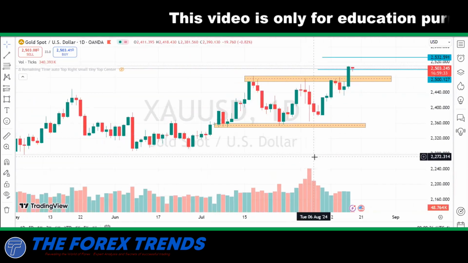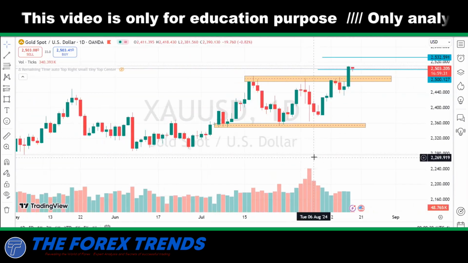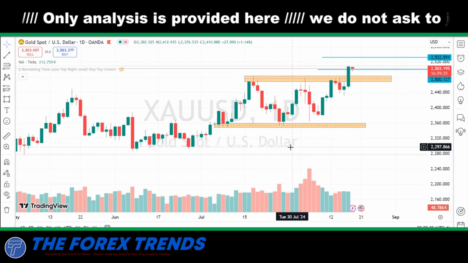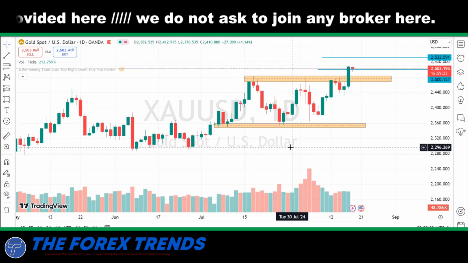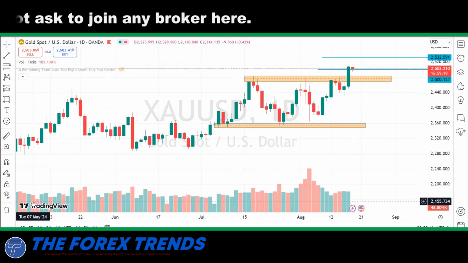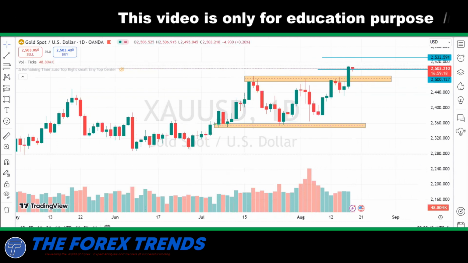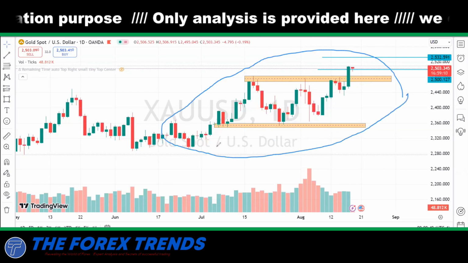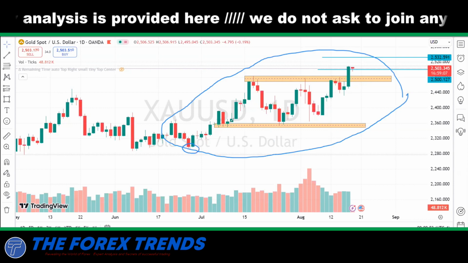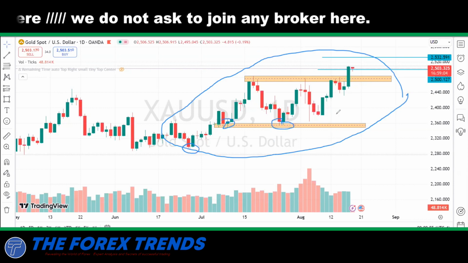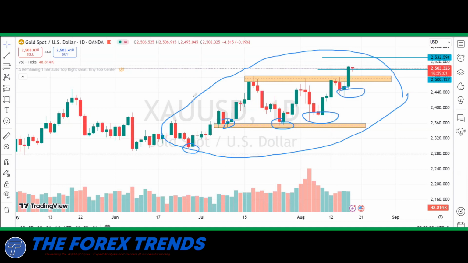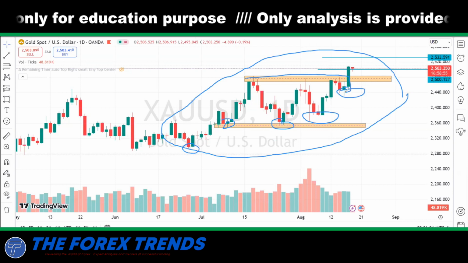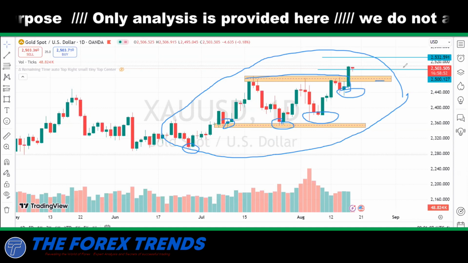Okay, look, this is the daily timeframe of gold in front of us. As I discussed in my previous video, if you have not seen it, you can go through our channel and find it. As I discussed about this whole pattern, it is creating continuous higher lows, higher lows and higher lows, squeezing at the top. And I told you in the previous video, this is a sign of an early breakout of this resistance.